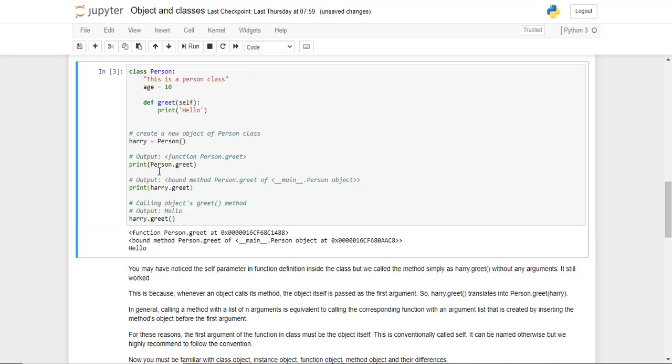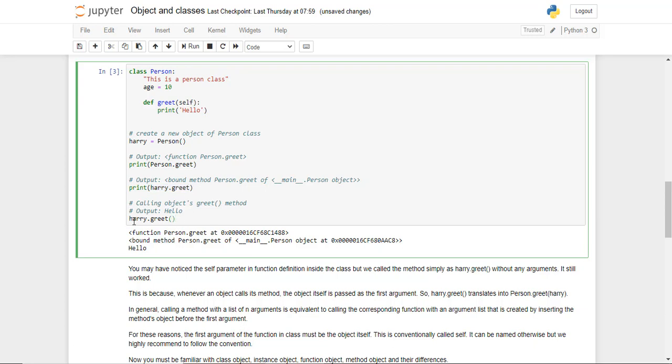When we printed person.greet, it was just giving us information about the greet method within the person class. Like we saw previously, this is what the outcome was. But when we printed Harry.greet, we got a specific instance here. As you can see, the location here and the location here are different, because this time we are calling greet using a specific object Harry. We have still not called the function actually, we're just getting the identification details of the function greet as a reference to the object Harry. It's bound to Harry now.